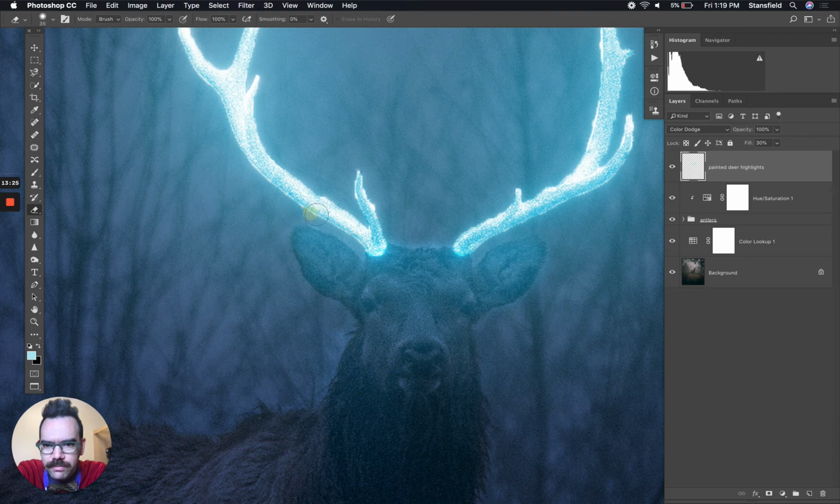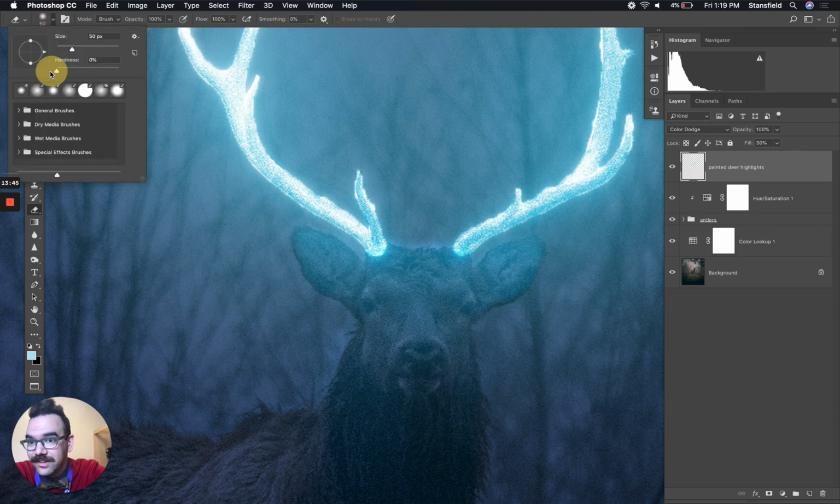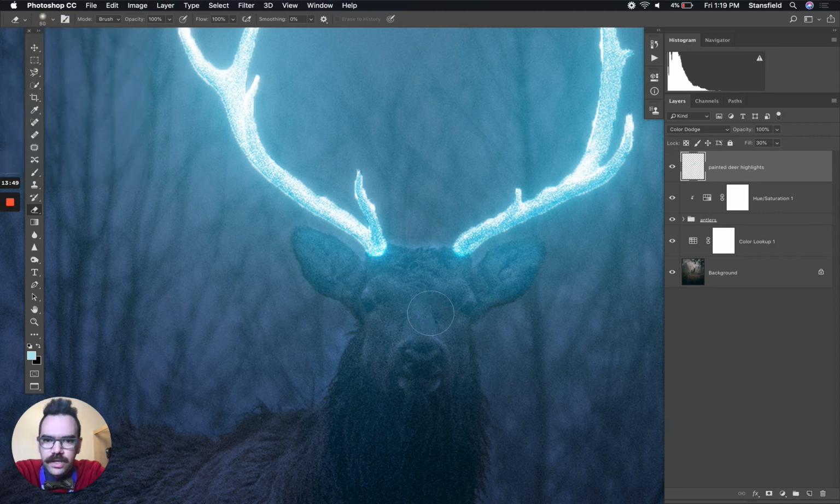That doesn't really make sense lighting wise, and so I'm going to just erase the edge, and then I'll show you how to use the eraser, because I think the ears are kind of looking a little strange here. There's almost too much of the color that I painted in. Now I'm going to use a big soft eraser, so I'm going to go to 0% softness, so shift left bracket to get 0%, change the size a little bit, make it a little bigger. I'm going to use the right bracket to make it a little bigger. Now if I go to my opacity and I want to do, let's do like 10 or 20% opacity,